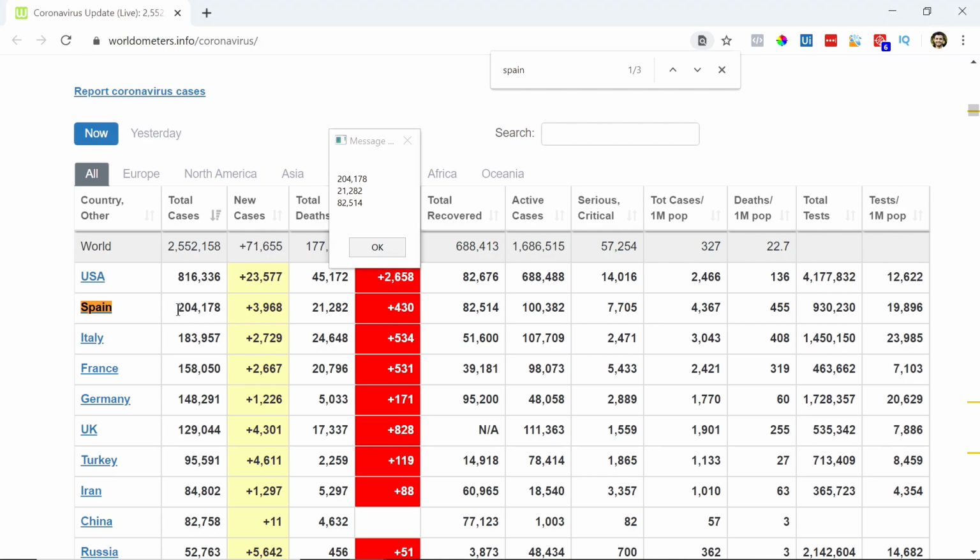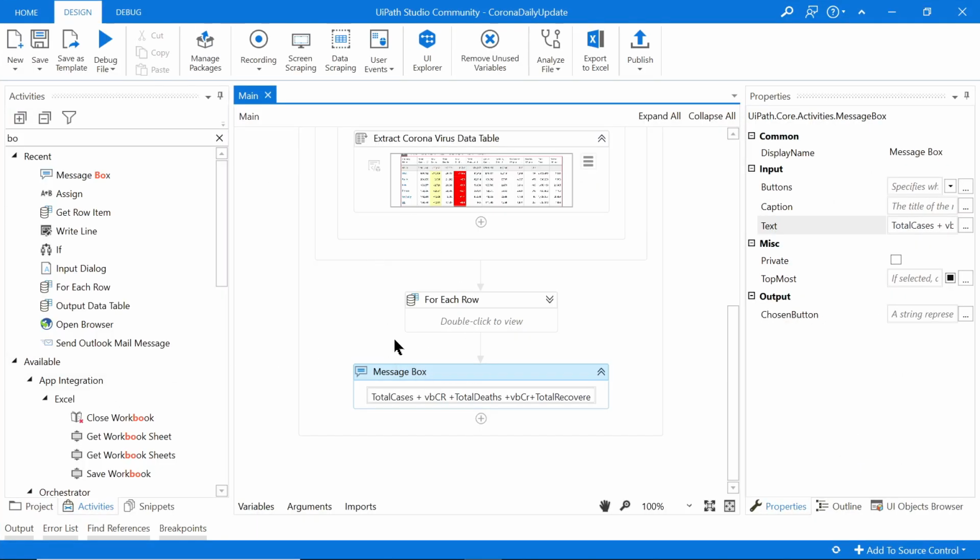And we can see there 204,178, 204,178. So it did the cases correct, 21,282 correct, and the total recovered 82,514. Great. So this is now scraping correctly. We can click OK, and the workflow ends. So now that we have successfully been able to scrape the country and all the data and store them into